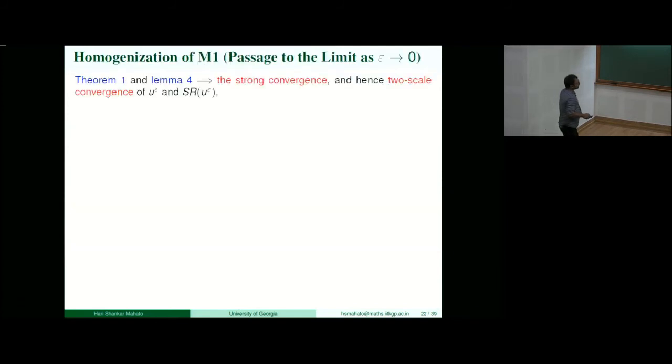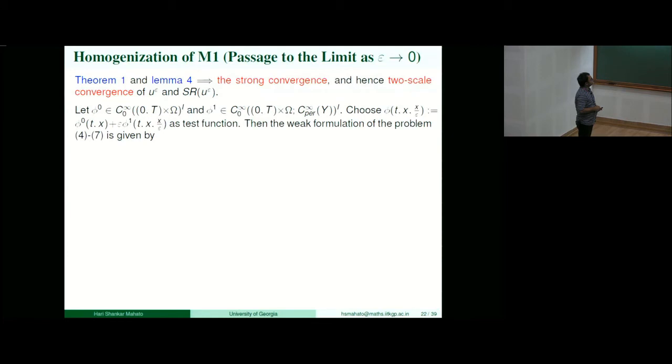Now, as I was saying, we were able to obtain this a priori estimate, which was independent of epsilon and also global in time. So using this estimate, we can show that our u epsilon and SR of u epsilon will be strongly convergent. There are some technical calculations, but it's nothing detailed theory going on. Just doing some simplification, we can show that our u epsilon and SR of u epsilon are strongly convergent.